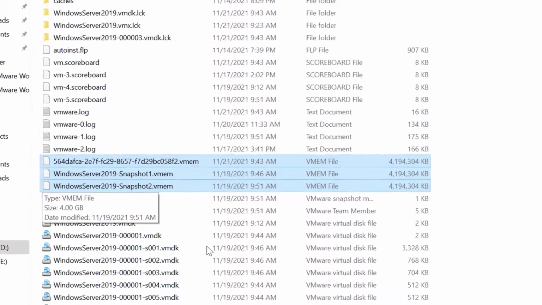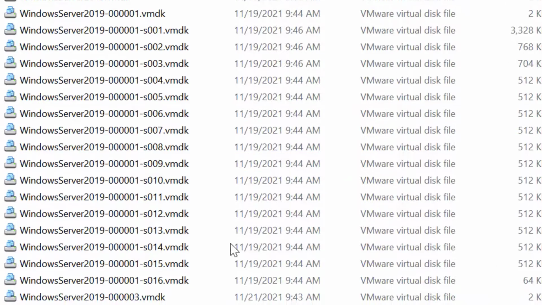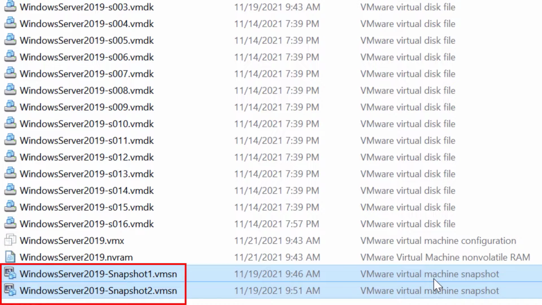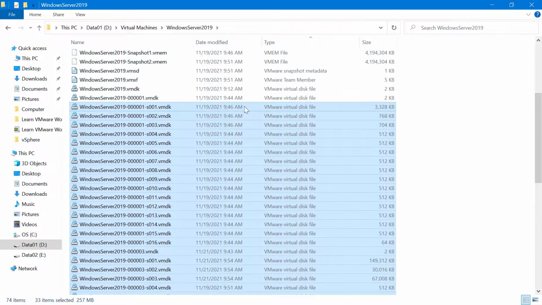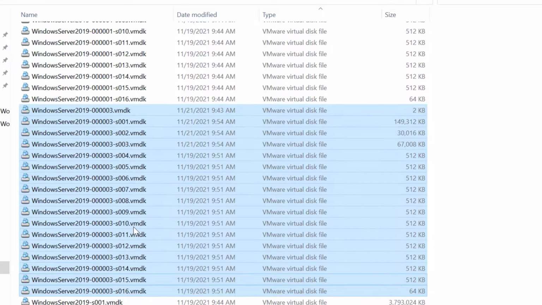We also have vmem files, which is a memory or swap file for the virtual machine. In fact, we have three different vmem files. That's because the virtual machine is running on snapshots. And you can also see the snapshot metadata file. Scrolling down, we can see the virtual machine snapshot file and also the snapshot disk file, which has the snapshot numbers. So you can see here we have all the snapshot disk files of snapshot number 1, and they have been represented by this number 000001. And the second snapshot disk file is actually represented by this number